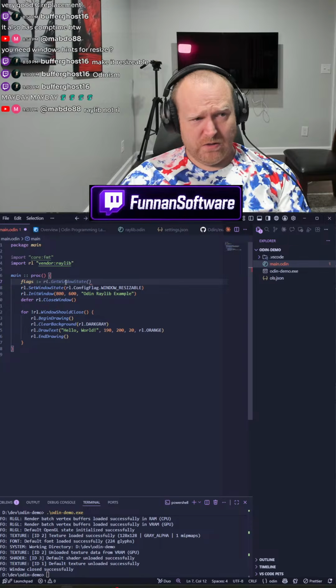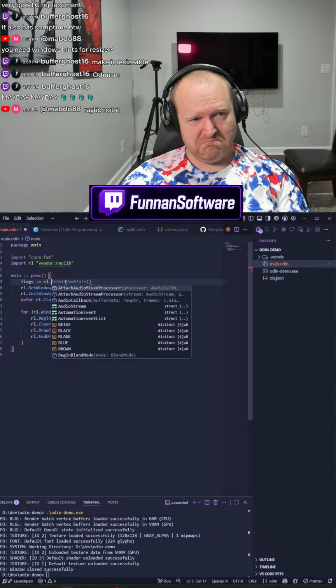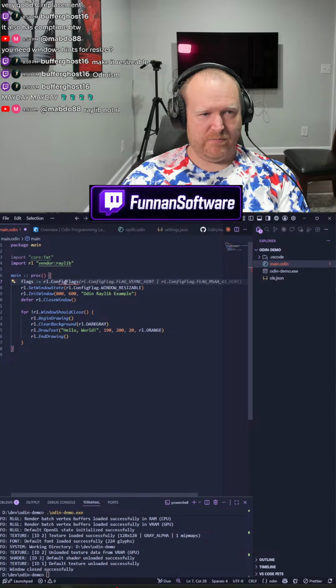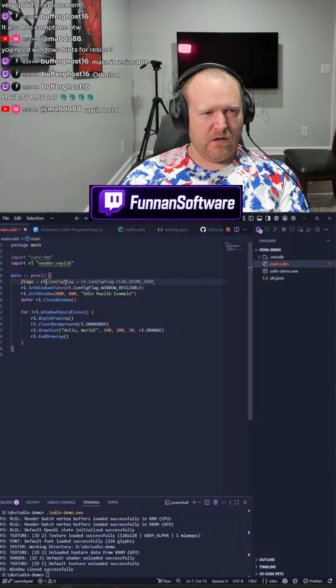Flags colon equal RL dot config flag. But that's the type, isn't it? Wait, how do we do type again? RL dot config flag.